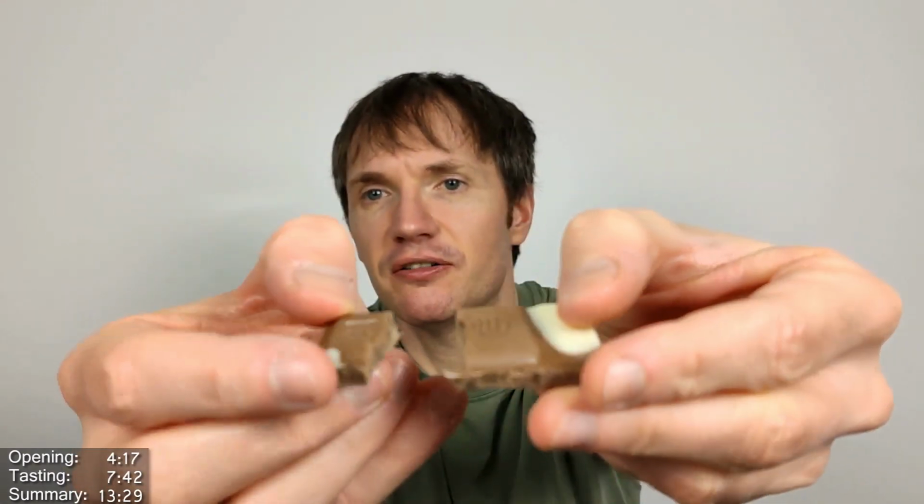Just snap that segment in half. So it's not like it's white chocolate hidden in the middle either. So this is mainly just milk chocolate, which is the problem with the bar, I think. But yeah, depends what you think. It's not as much white chocolate as milk chocolate, basically. But it